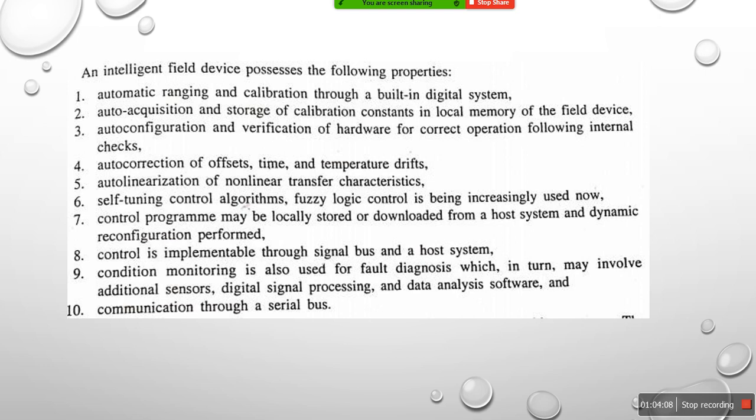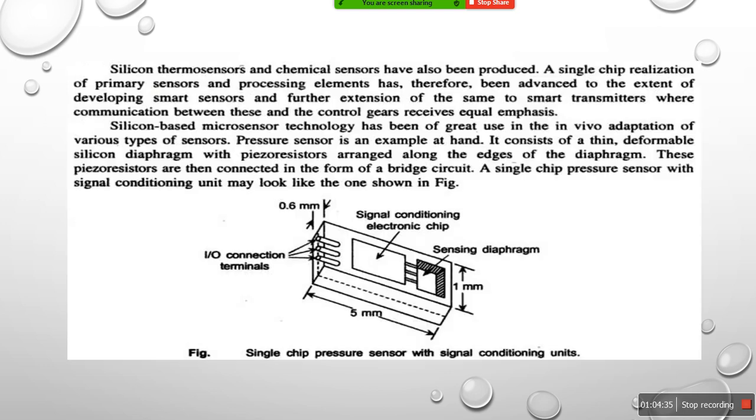Why? Because once that is established, it automatically has to take a decision by itself depending on the data available. So it should not give any fault diagnosis. Okay, what happens depending on the condition monitoring? Weather condition reports will always be there. So once we establish that with the help of smart weather sensors, then each time it has to give accurate information. So for that it has to meet all these properties.